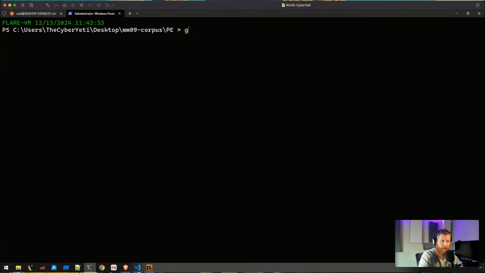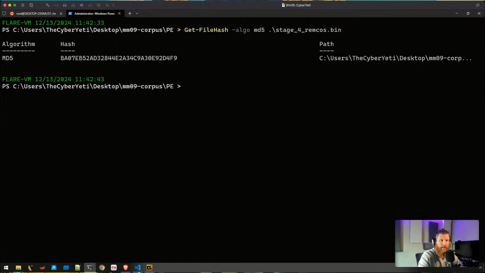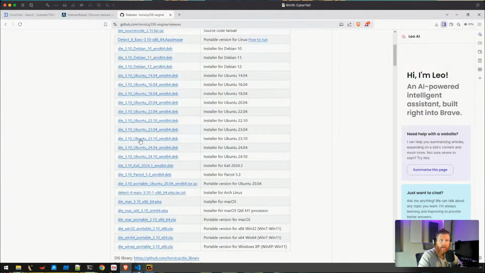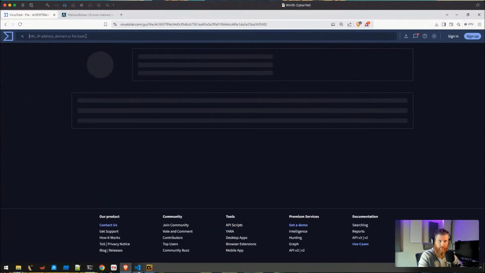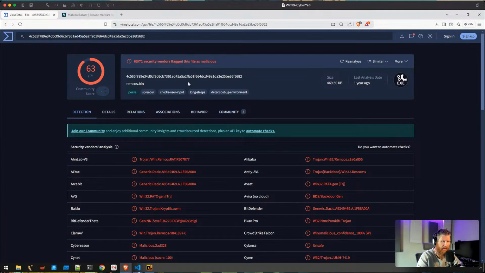So we'll say Get-FileHash, algorithm MD5, or you could say SHA-256, and then our file. And now we have our hash. There's our MD5. We can copy that, and that is a way to represent that file, which I'm oftentimes going to use to search places like VirusTotal to gather intelligence.